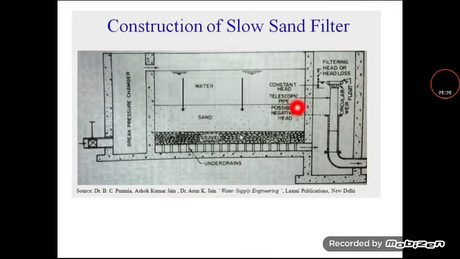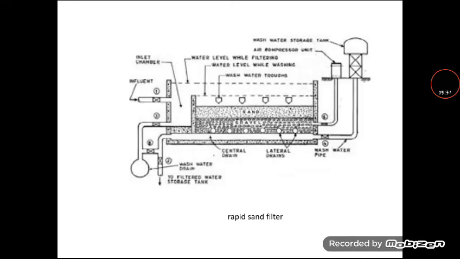Okay, so this is the sand bed, and next the coarse aggregate is arranged. Below that there is an underdrainage system, which is available here to collect the filtered water. Then the water is brought to the chamber, where we bring it to the next operation. So this is the construction of the slow sand filter, and this is the schematic diagram of